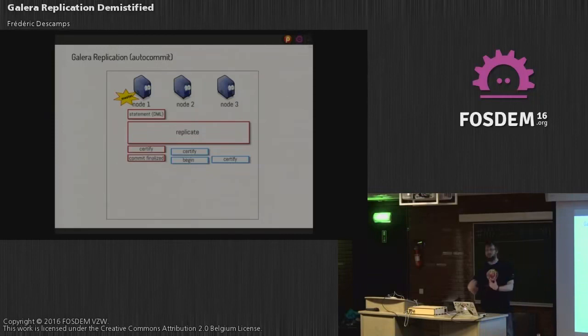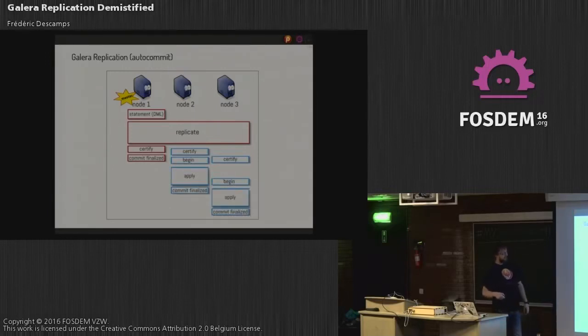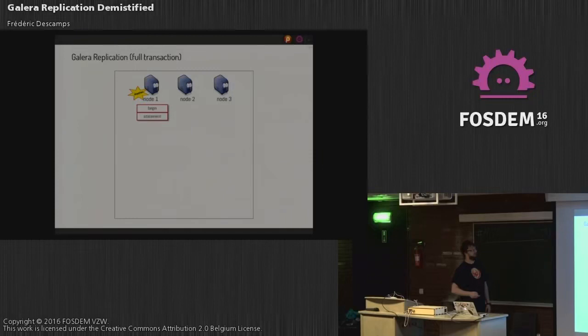We try to make it as fast as possible, but it's not guaranteed. It could take time in between, because we don't know the load of the other nodes, and we don't care, in fact. Of course, if you have a node that is lagging, you will see later that it will cause your whole cluster to lag at a certain point. But you can see applying and the final commit never happen at the same time. It could be a very long time after. Of course, the longer it is, the worse it could be, and the more conflicts you could have. So you should be very, very careful about that.